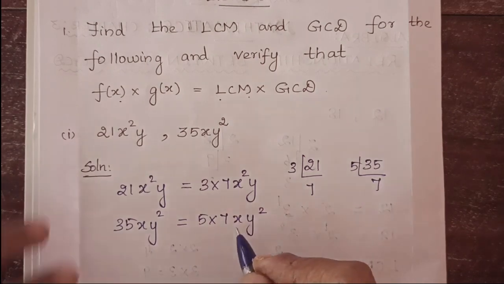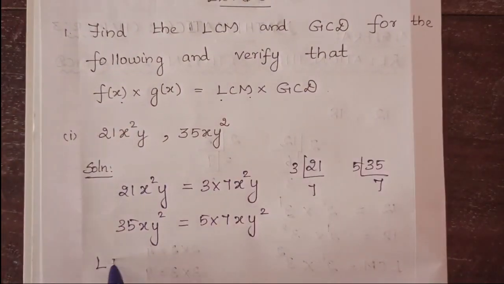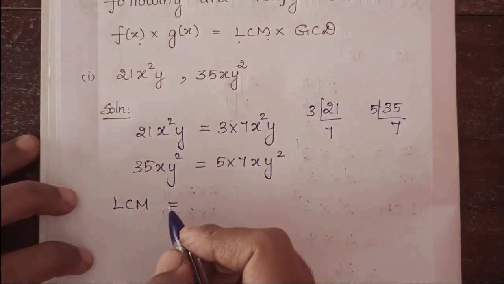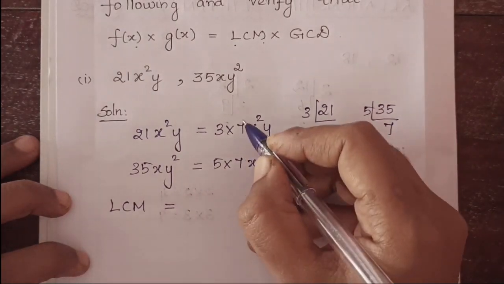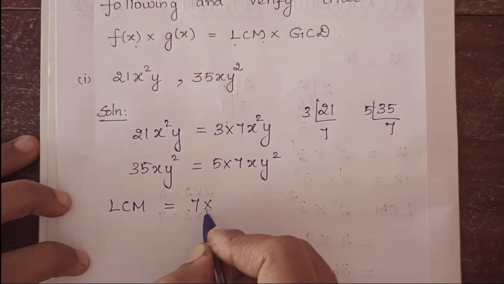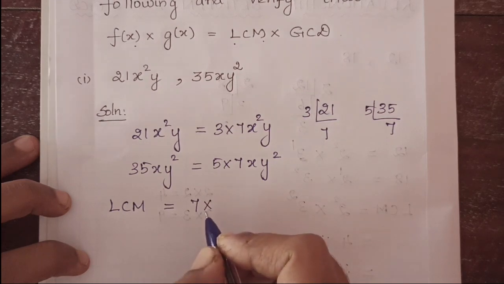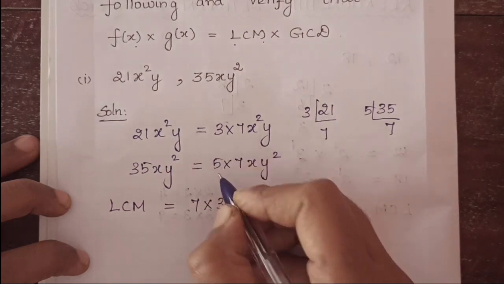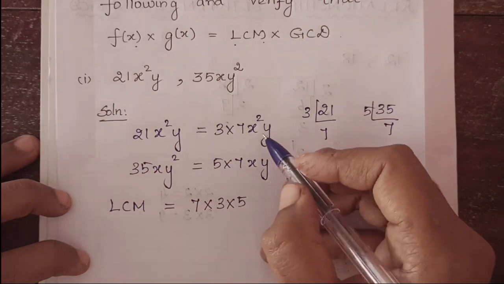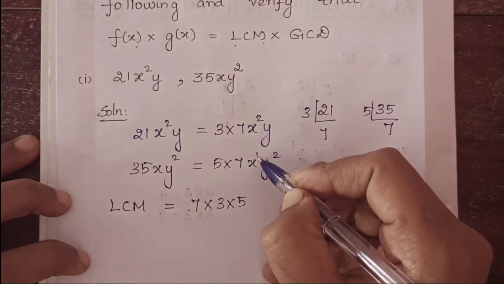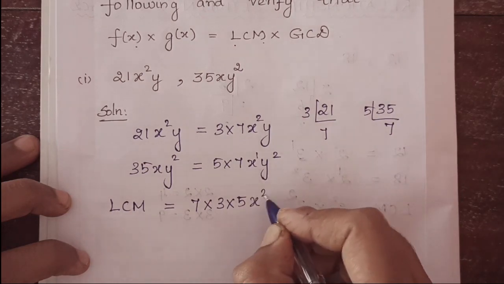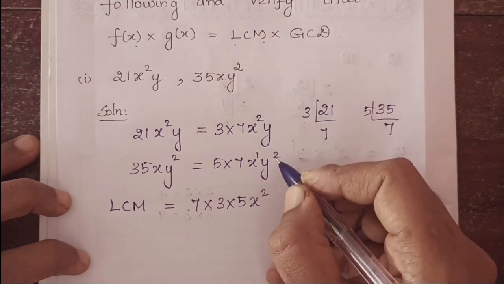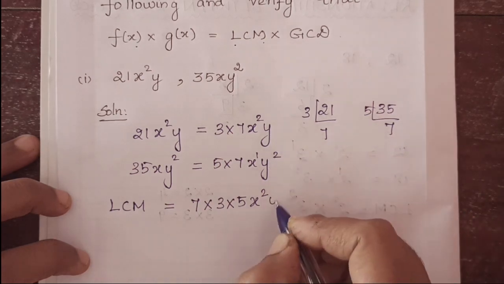Now factorization is over. Shall we find the LCM now? So LCM is equal to, among the common factors, you need to take the highest power. Here 7 and 7 is common, right? So 7 into, what is the next step? If there is any additional term, we need to multiply that also. So the additional terms are 3 and 5. And see the variables. Here x power 2, here x power 1. What is the LCM? x square, because it has the highest power. See here y and y square. Which has the highest power? y square.